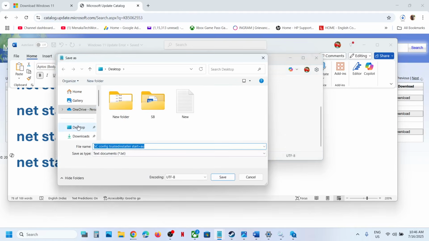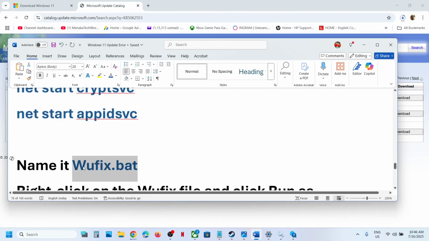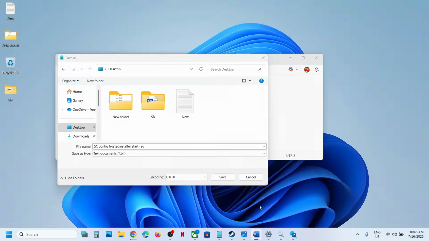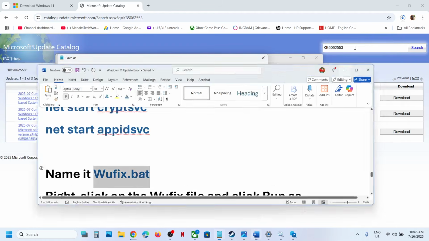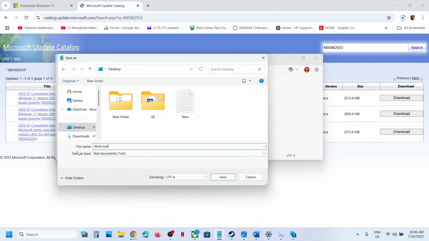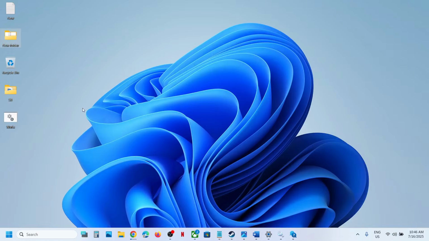You can set the location to desktop and name this file as wuauserv.bat. And then for save as type, select all files and then you can click on save. Now you can go to desktop. Here you can see